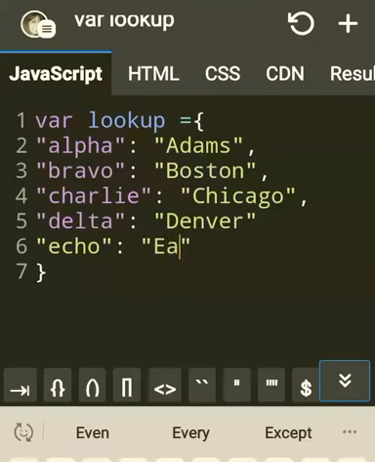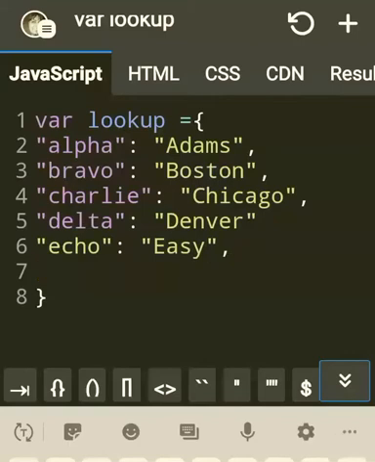So Delta Denver, Echo Easy. Yeah. Then the next one, I think just one more, which is Foxtrot.